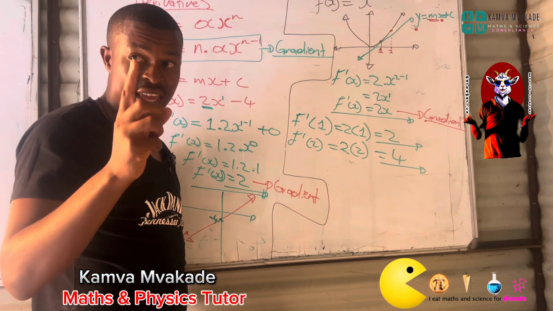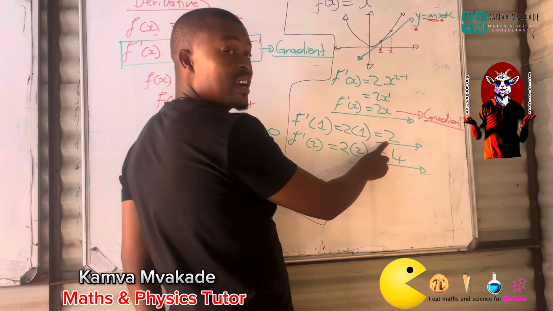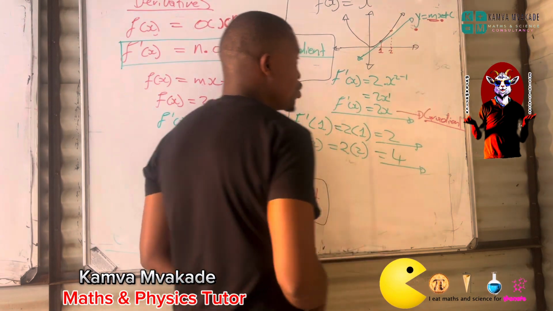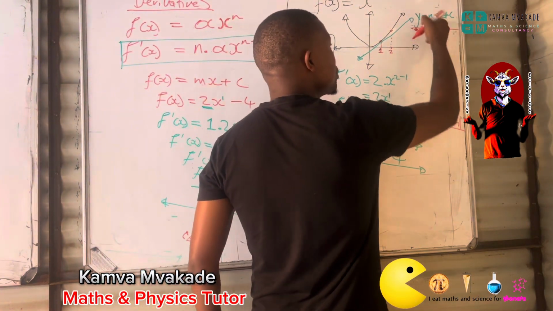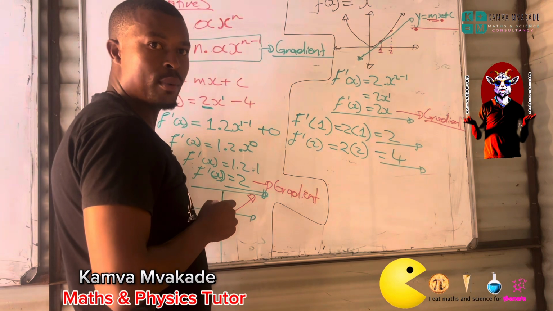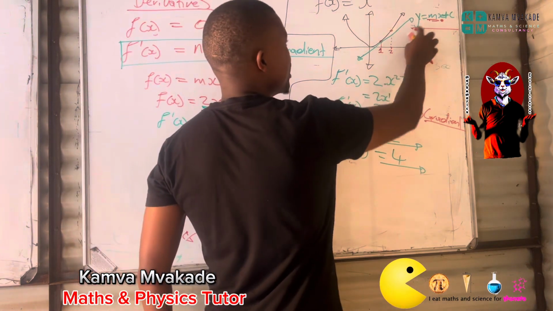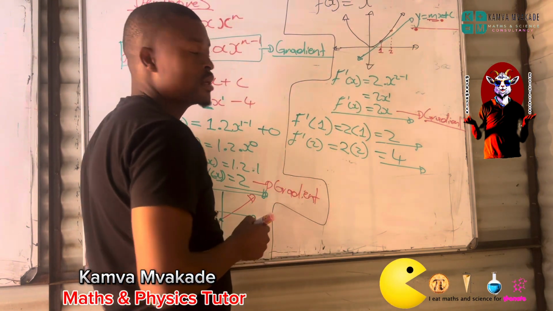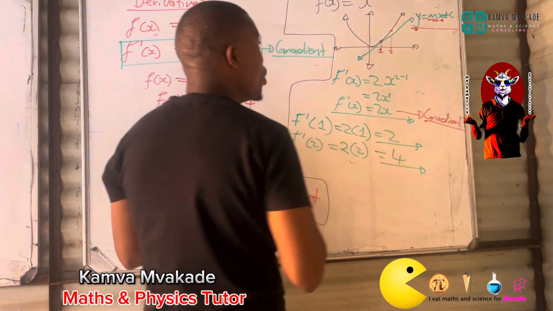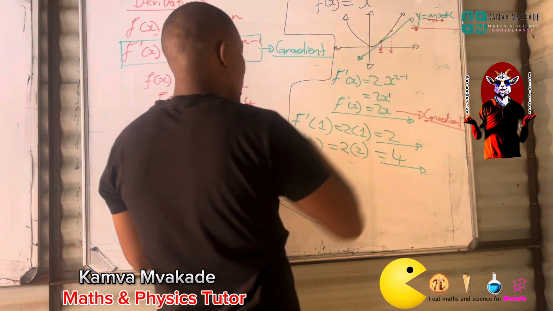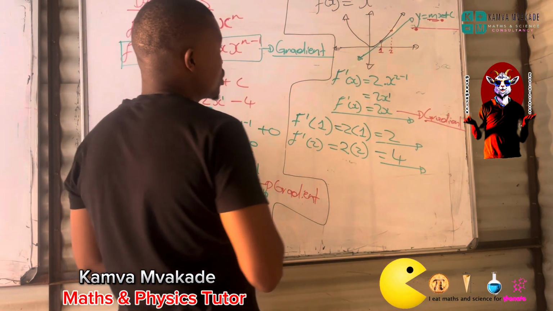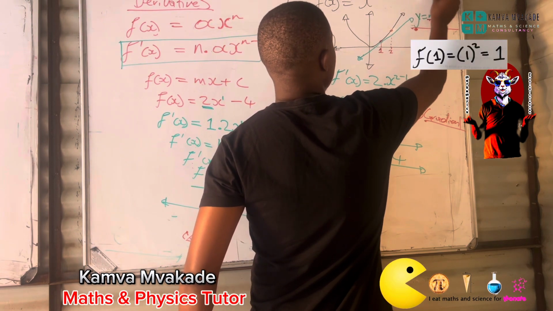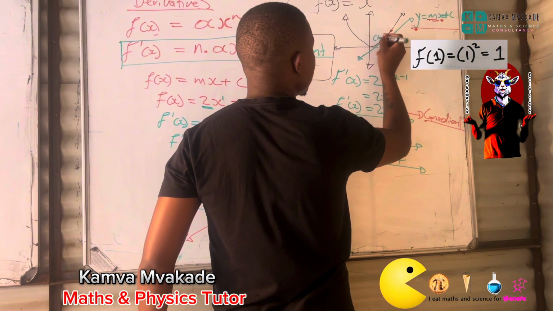Right? What do we know now? We know the gradient. But now they said find the equation. We are looking for the equation of this tangent. Right? So we need to find a point on the graph. So the corresponding y value here, what is it? When x is 1 here, what will y be? 1 squared. 1 squared is what? It is 1. So in other words, our coordinates are